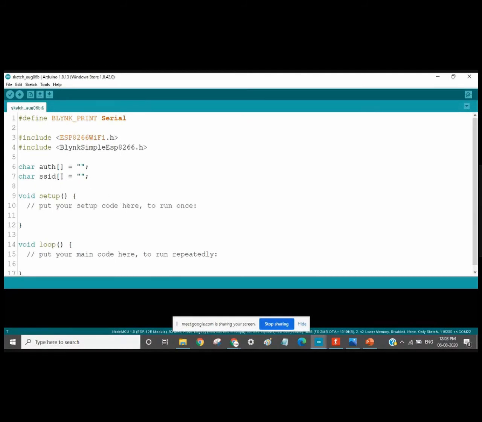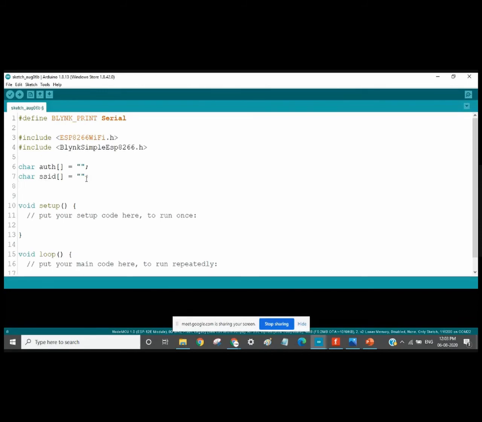Now I'm defining it in a character array, char SSID and char pass. I'm keeping my SSID and password the same because I'm using the same router.